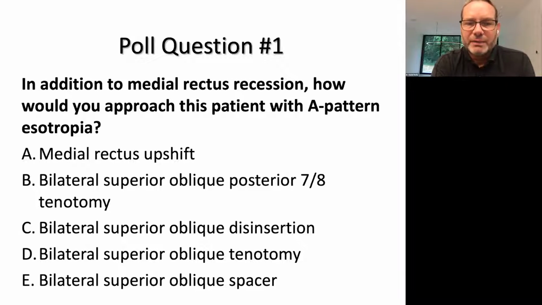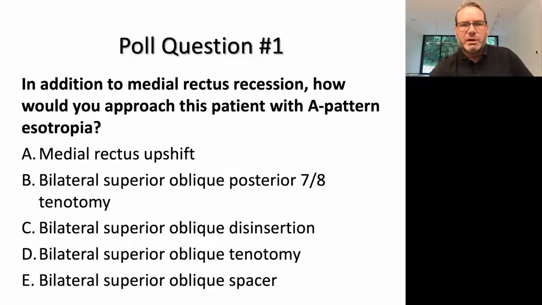Are you going to do a bilateral superior oblique disinsertion, so the complete tendon disinsertion? Or are you going to do a tenotomy and cut the tendon more proximal to the trochlea? Or are you going to do a bilateral superior oblique spacer? All right, so these are our choices. And here you can see we have a pretty mixed